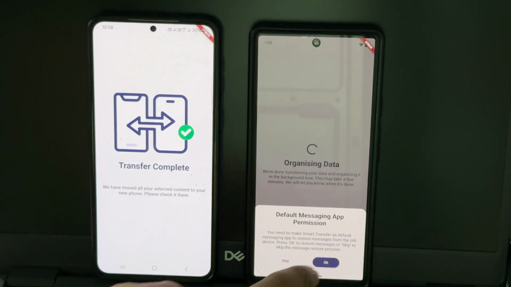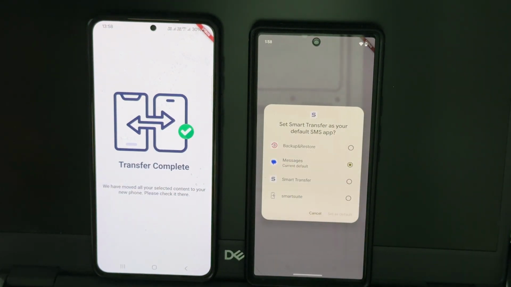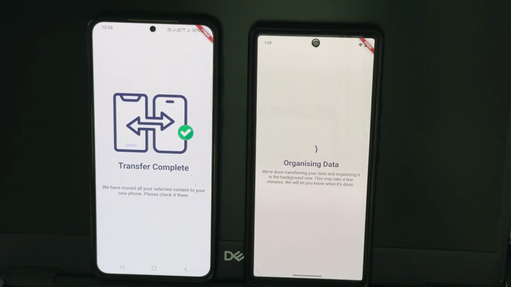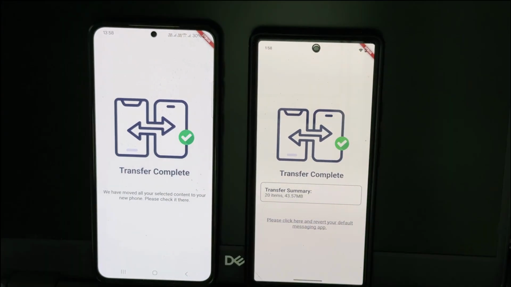The application temporarily becomes the default SMS app in order to be able to write the SMS messages received from the source device to the destination device storage. Upon completion, the user sees a call to action on the Transfer Complete screen to revert back to their default